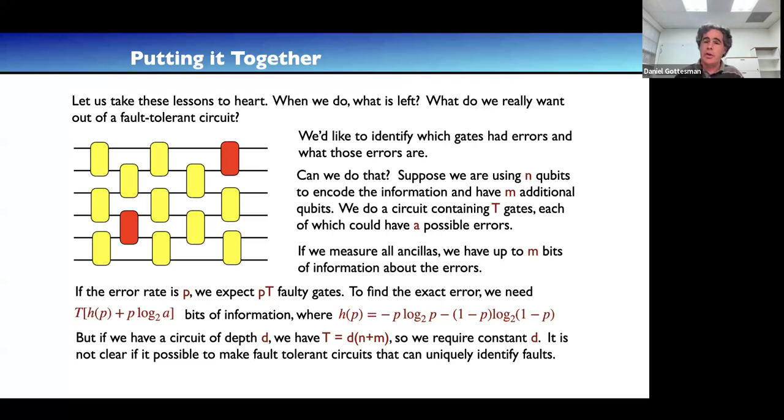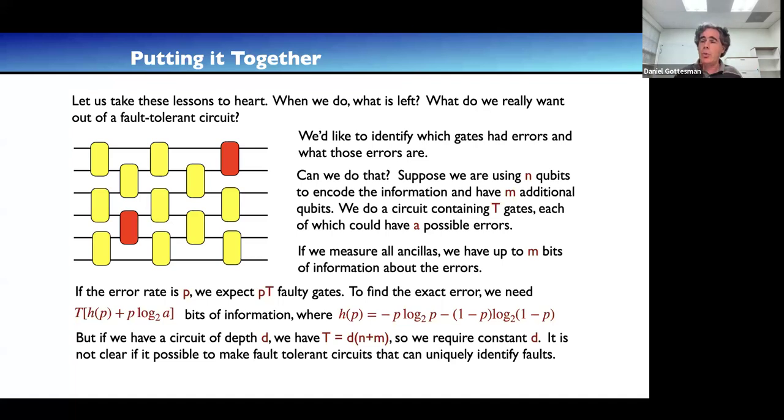And for each of those errors, there's A possibilities, and so there's P times T different sets of P times T gates, and then we have A to the PT possibilities of what those different kinds of errors are, and then we have this very long list of possible errors. This is in principle. Obviously, you wouldn't want to write down such a long list, and we say we want to find out which of this long list of possible errors is the one that actually occurred, right? Because that'll tell us which gate went wrong and what kind of error it was.